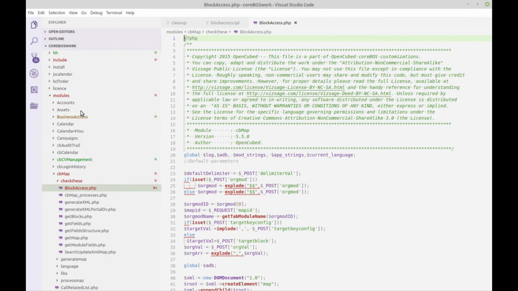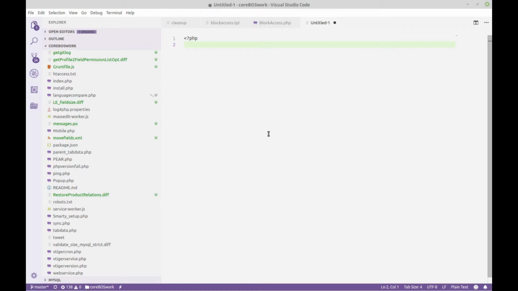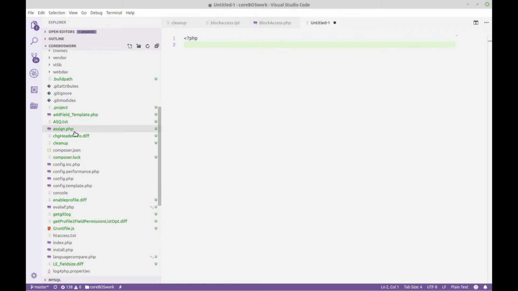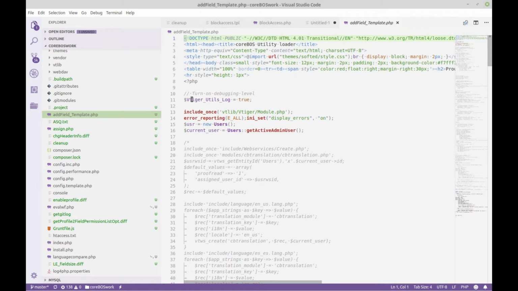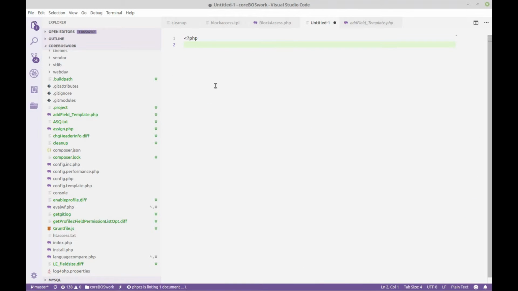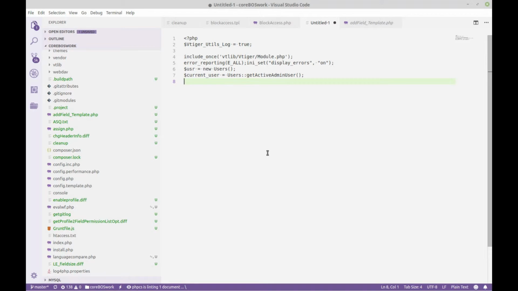and we're going to create a new file here, and we're going to load the vtlib module, the library, excuse me, which is very easy to do. It's just a couple of lines. I'm going to copy them from here, and I'm going to set up this also, which is always good practice. Basically, any vtlib script that you launch will look like this. Save this,